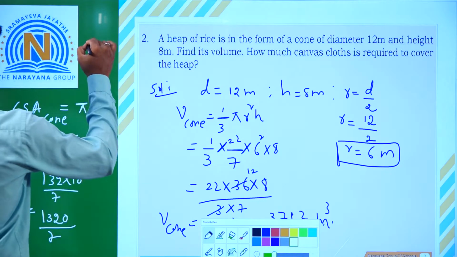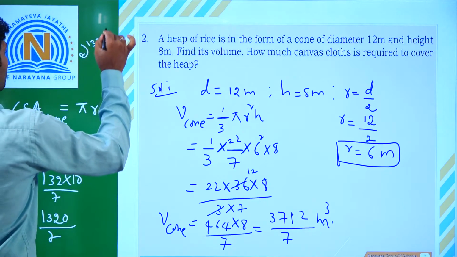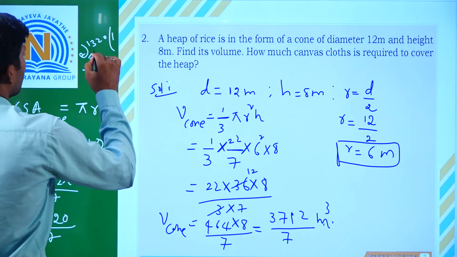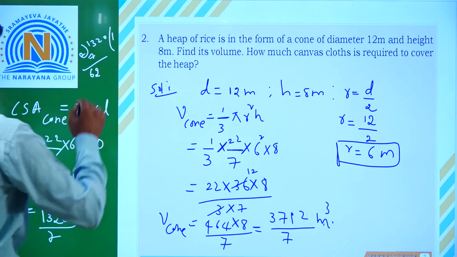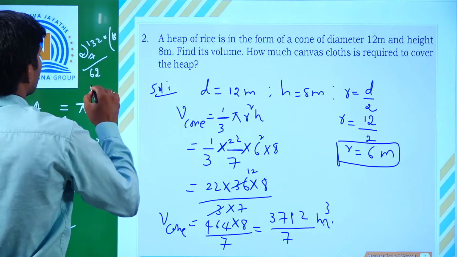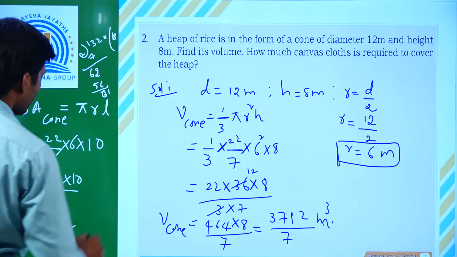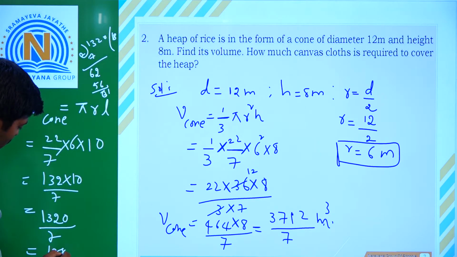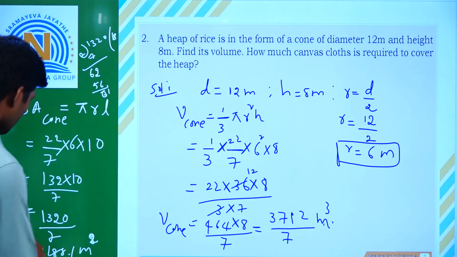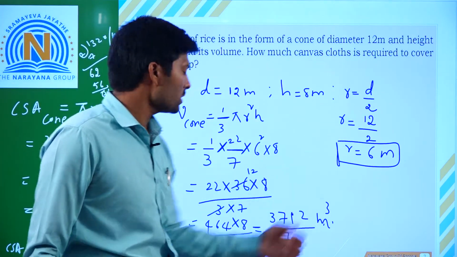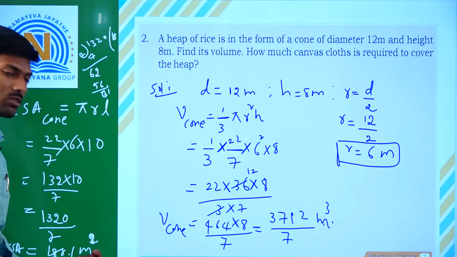Yes. So we can divide this 1320 by 7. This is how many times? One time, that is 7. So 6 and will become 62. So 8 times 56 and 4 6 1 8 188. So the answer is 188.1 meter square. This is given in meters only, no. So this is the CSA of a cone, meaning how much convex glass is required, which is 188.1 square meters.